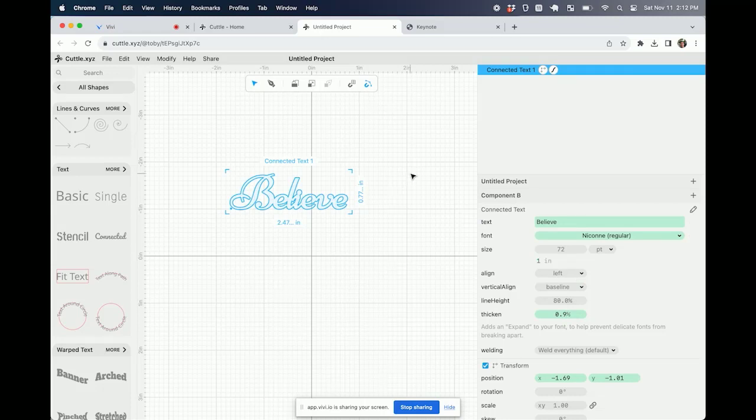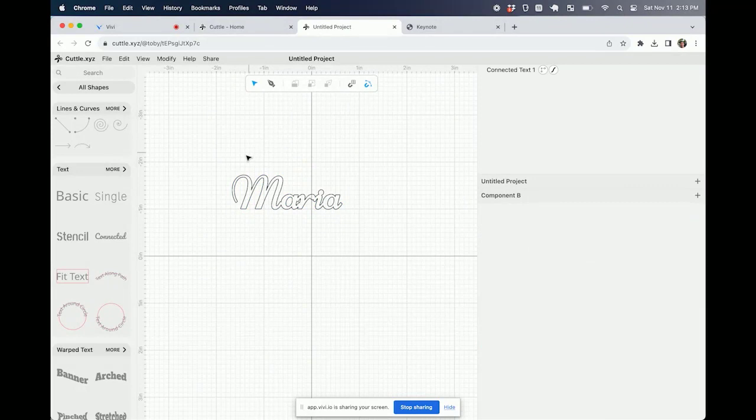So I wanted to show quickly how to go about making your own templates. This came up on our Facebook group. Somebody asked, I guess she was making a lot of gift tags. So she'd have the name of the person, and then she wanted to have a hole so that she could put the string through it. And she wanted to be able to make these really quickly because she had a lot to make for her order. So the way that I would go about this,